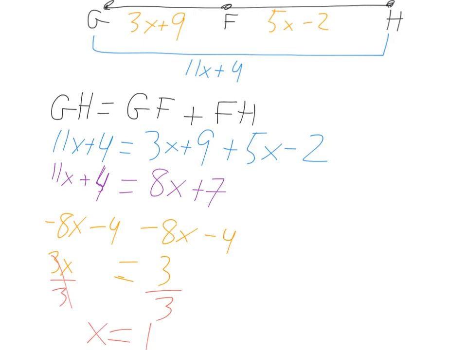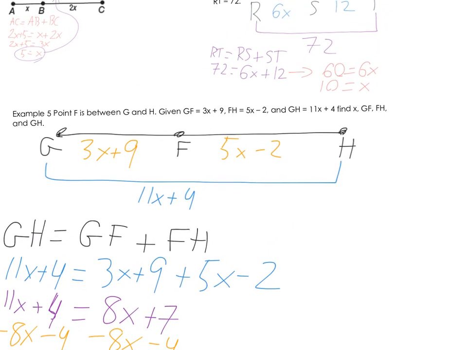So we've done the first part. We have found x to be 1. Now, let's use x equals 1 to figure out the rest of the segments. GF, we have 3x plus 9. Well, 3 times 1 is 3, plus 9, 12. FH, 5x minus 2. Well, 5 times 1 is 5, minus 2 is 3. 12 plus 3 gives us